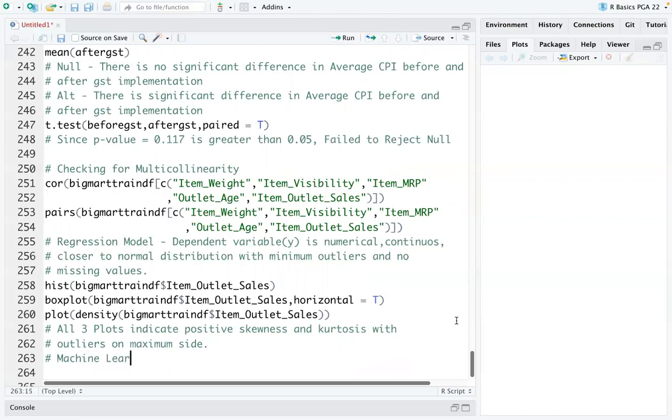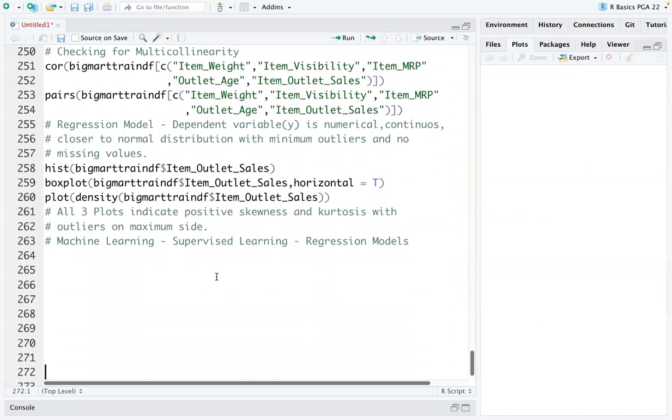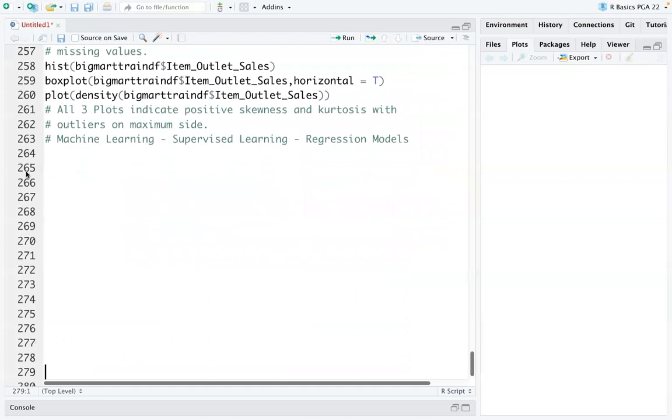So within machine learning, within the supervised learning, within the regression models, the primary model is your multiple linear regression